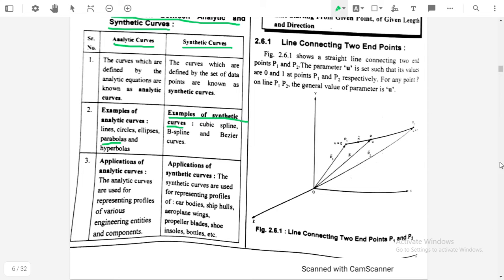And what is the application of the synthetic curve? Synthetic curves are used to represent car bodies, ship hulls, aeroplane wings, propeller blades, etc. To represent such types of parts, synthetic curves are used. Okay, now